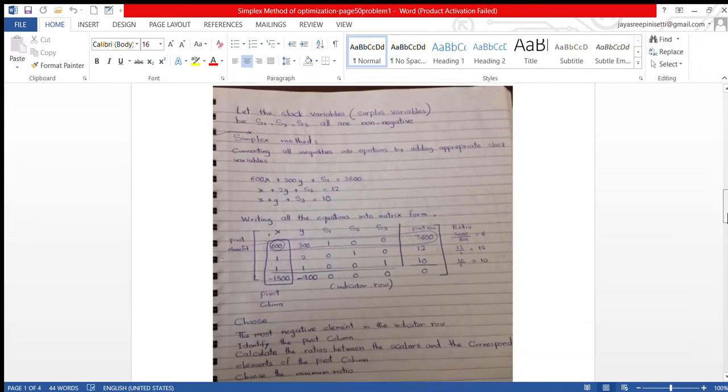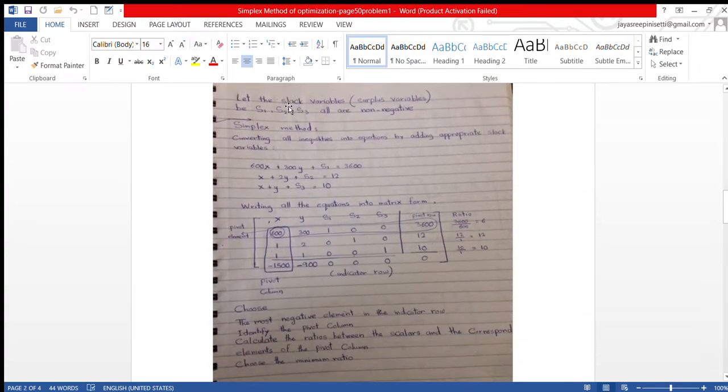So these variables are called slack variables. In the first equation, add one variable, s1. In the second equation, add a second variable, s2, and third is s3. So when you do this, now you have to set up a simplex table in matrix form. Write all